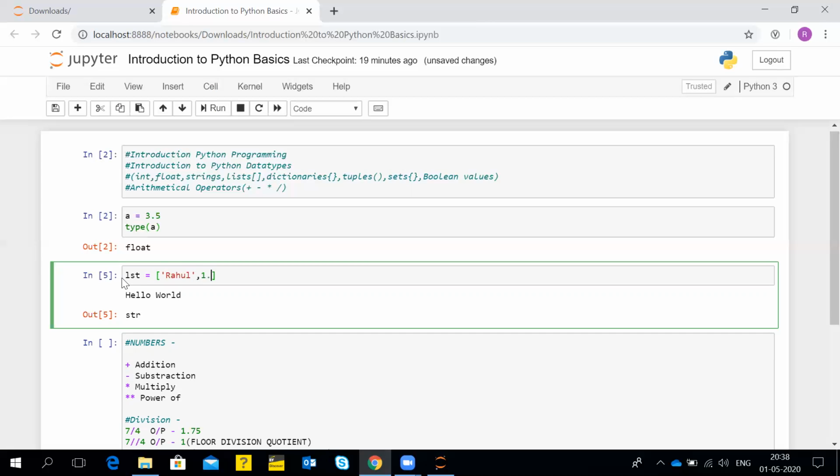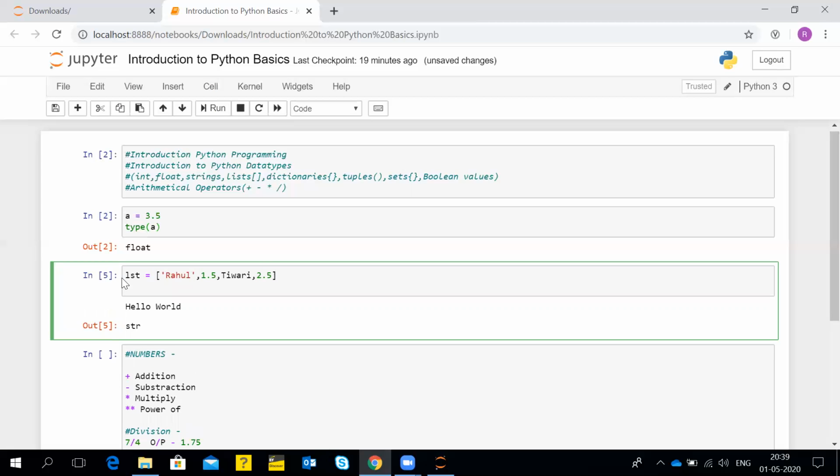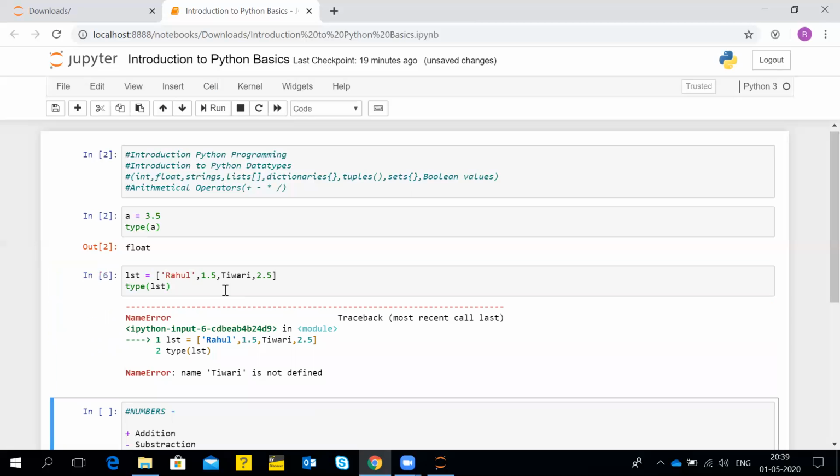So here, if I talk about list, you can write a list as Rahul, then 1.5, then 2.5, and if I check the type of the list, it will show an error: Tiwari is not defined.